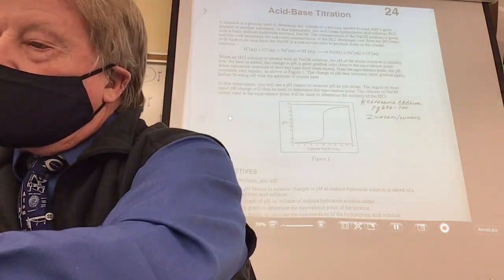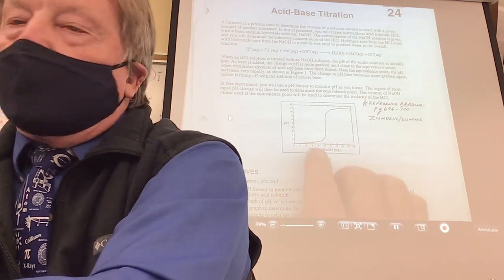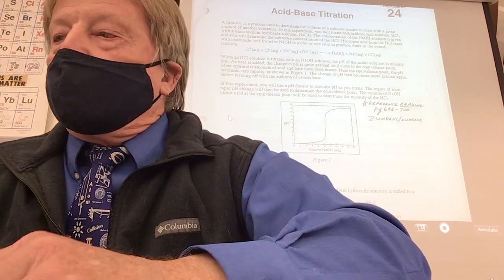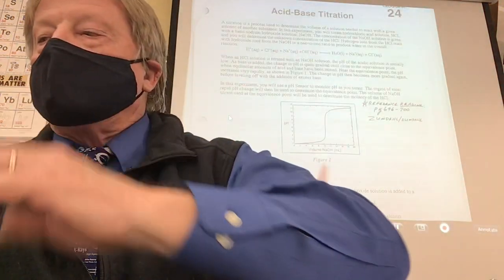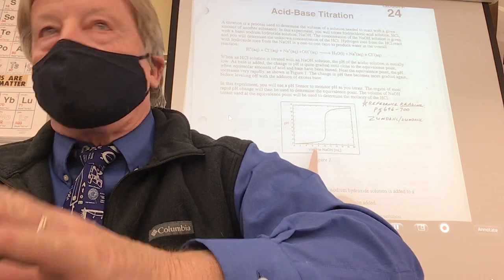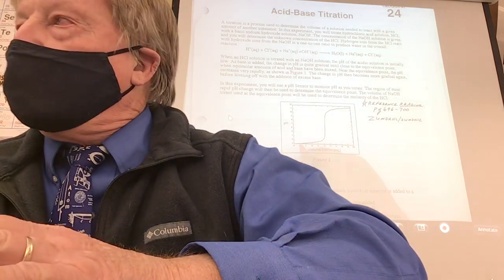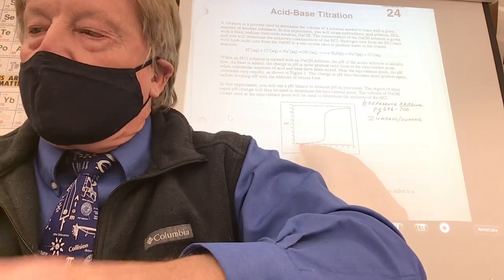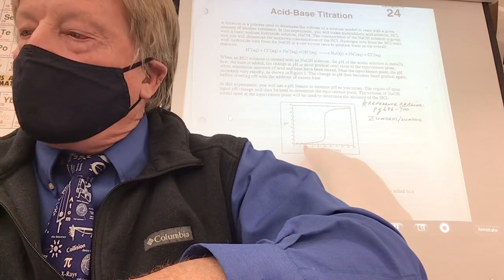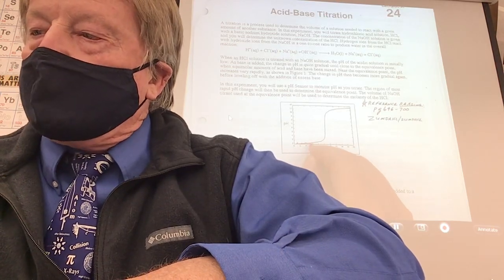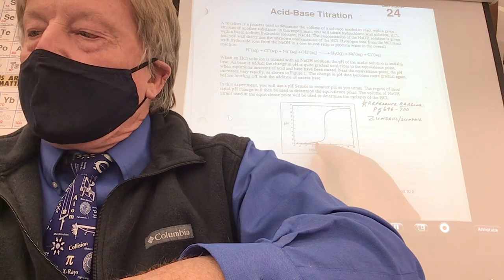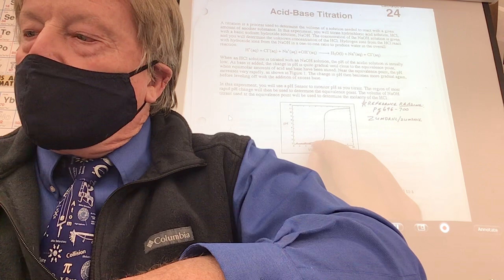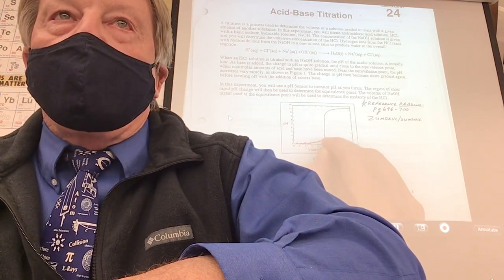Let's see. This is the equation you used before. You're going to get a graph that looks something like this. Now, when you do a titration, I had never seen this in my life until about 10 years ago, real time. You guys are going to be seeing this on the screen. You'll see your first data point, and you'll say, hey, I put some NaOH in there, but the pH didn't change at all. It seems like it's not changing. And then you'll get kind of bored. You have to be careful about getting bored, because of what's going to happen when you get to about here.